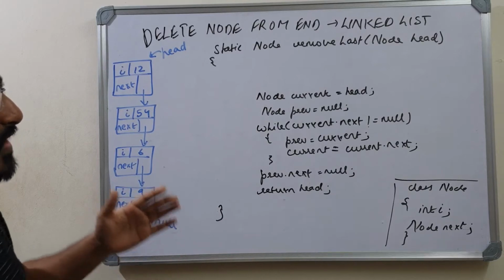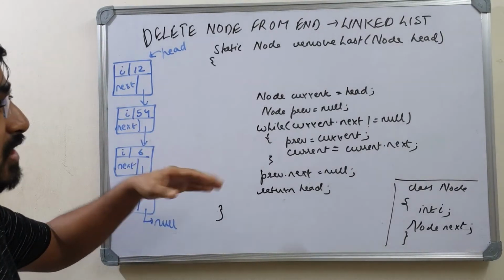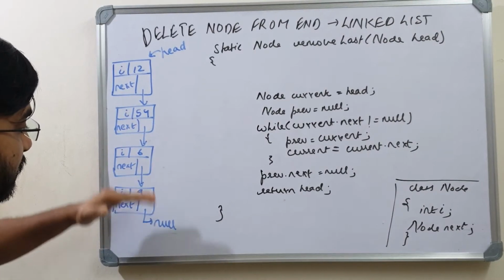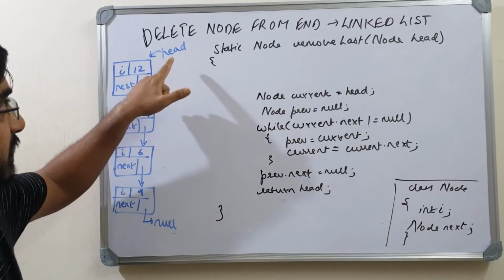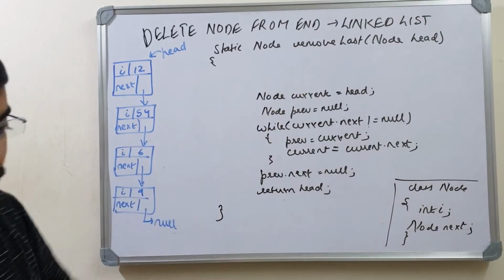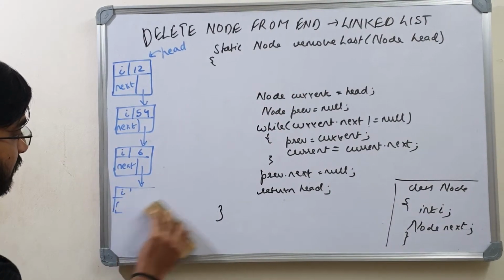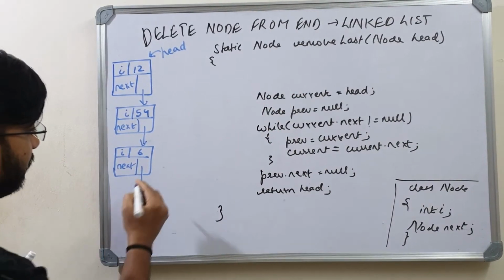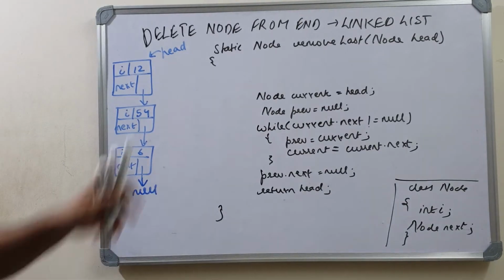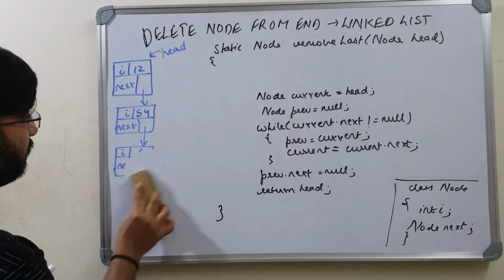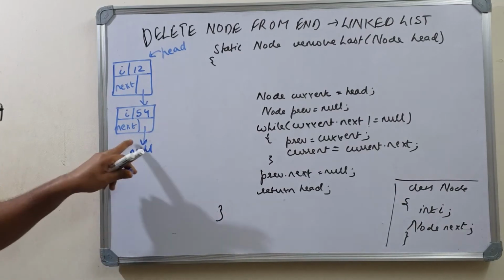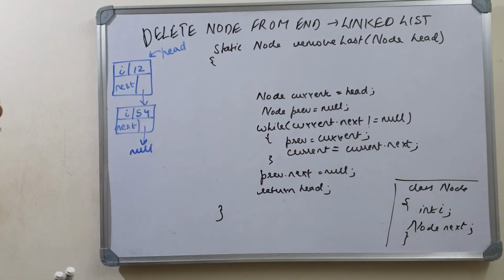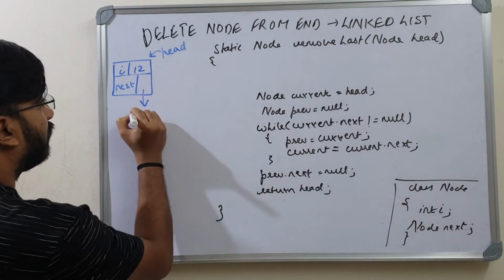So there are a couple of edge cases that you need to handle here in this code. I'll show you how. We just saw how to remove this last node, and if we repeat this process, that is, we call this method again, passing this head from the main in this method remove last, we are able to remove this last node, and the next of the second last is set to null. If we call this method again, this last node is removed again, the next of second last is now set to null. So this is our new last node. We call this method again, the next of this is set to null.